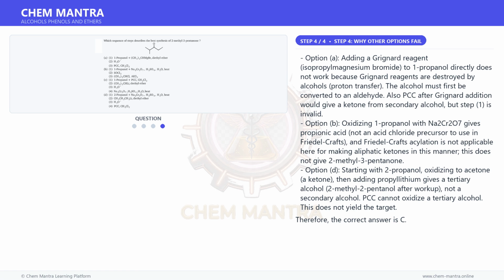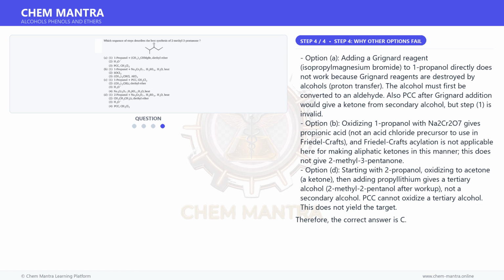Option B. Oxidizing 1-propanol with Na2Cr2O7 gives propionic acid, not an acid chloride precursor to use in Friedel-Crafts, and Friedel-Crafts acylation is not applicable here for making aliphatic ketones in this manner. This does not give 2-methyl-3-pentanone. Option D. Starting with 2-propanol, oxidizing to acetone, a ketone, then adding propyllithium gives a tertiary alcohol, 2-methyl-2-pentanol after